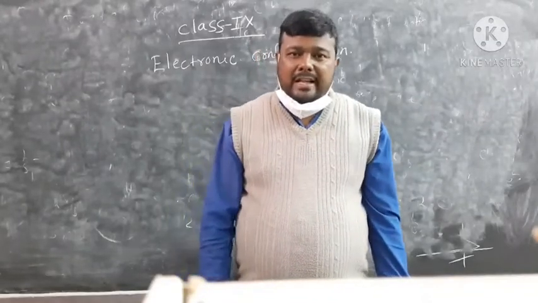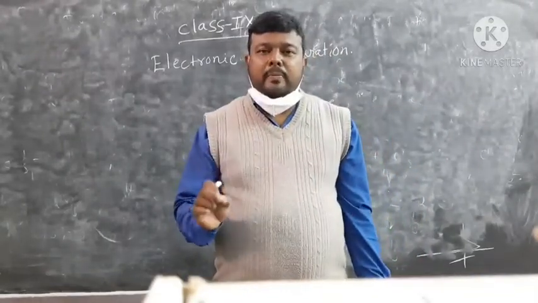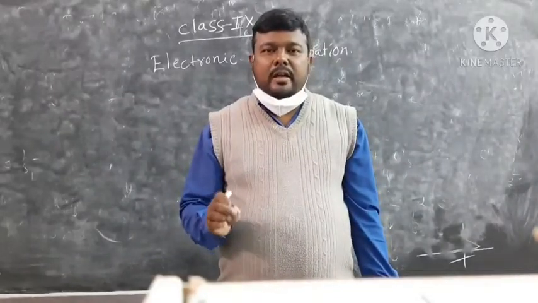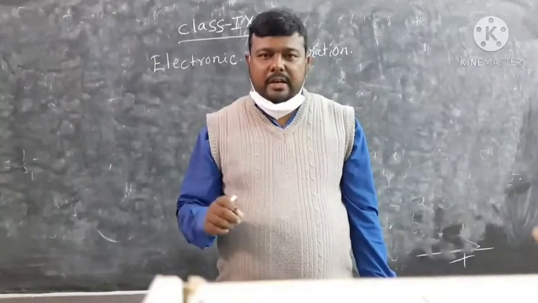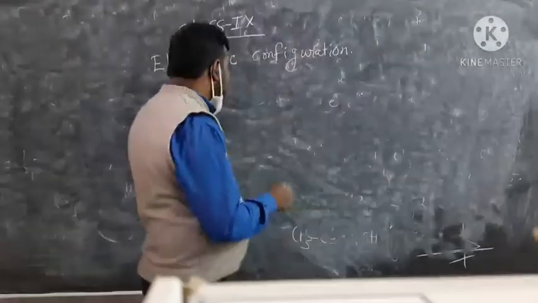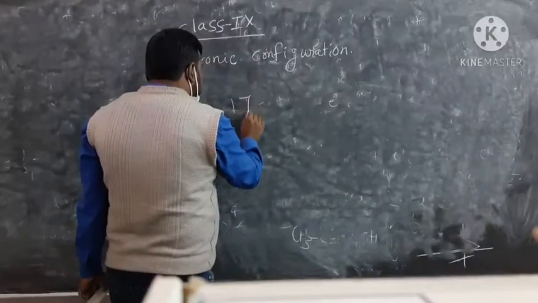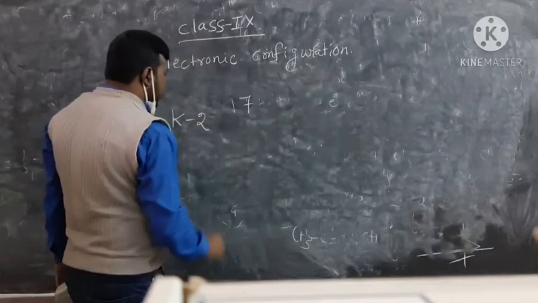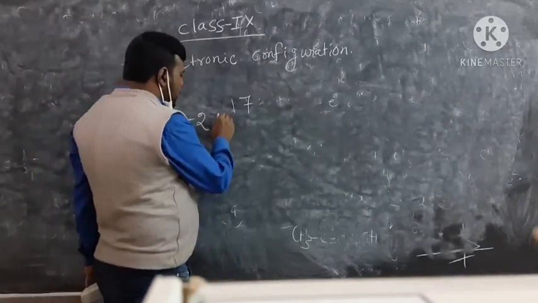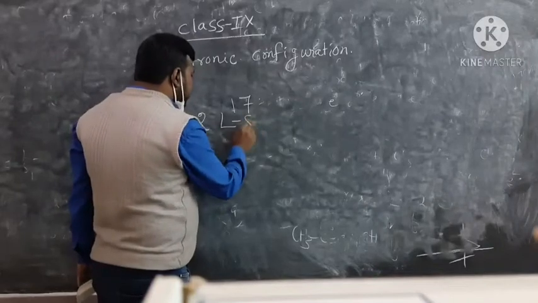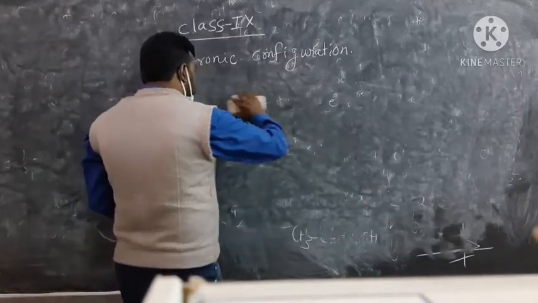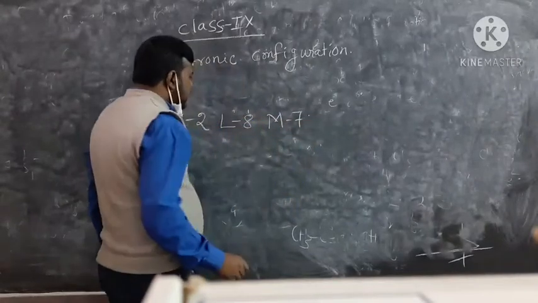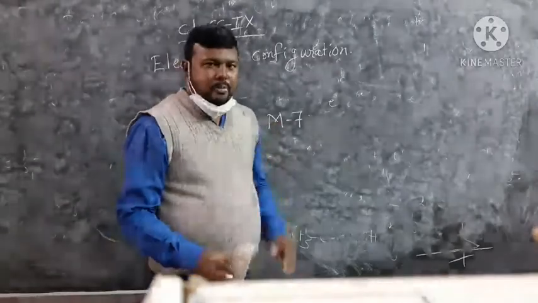From the atomic number we will get the number of electrons present in the atom. Now the distribution of the electrons has to be considered. Suppose an atom is having 17 electrons. According to the energy consideration, the K cell has the lowest energy and its capacity is 2. So first it will take 2, then the L cell will take 8, and the remaining electrons will go to the M cell. The M cell will have 7 electrons out of 17. Like that we have to write the electronic configuration.